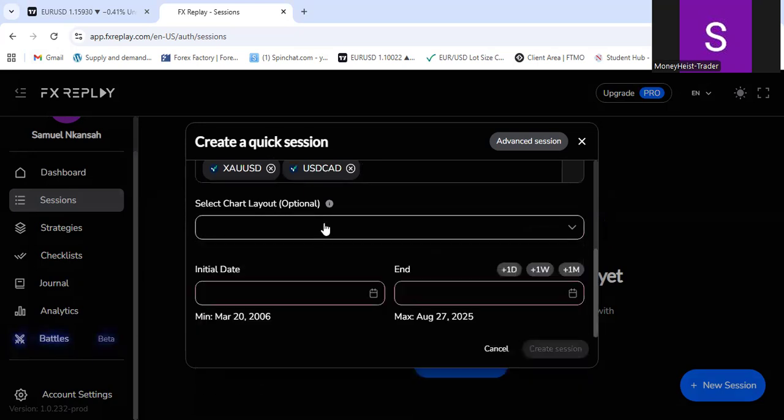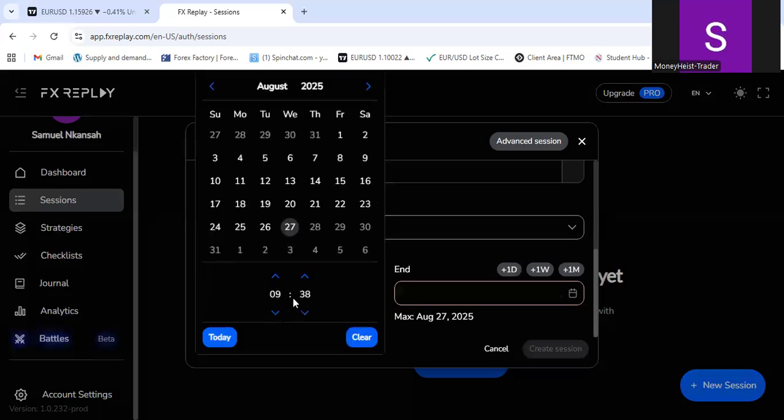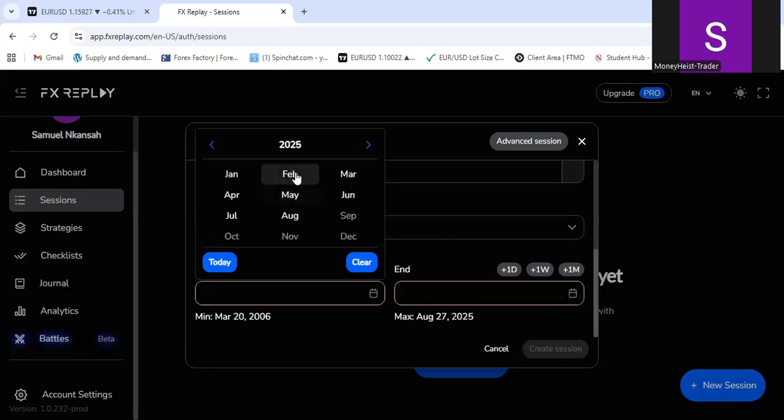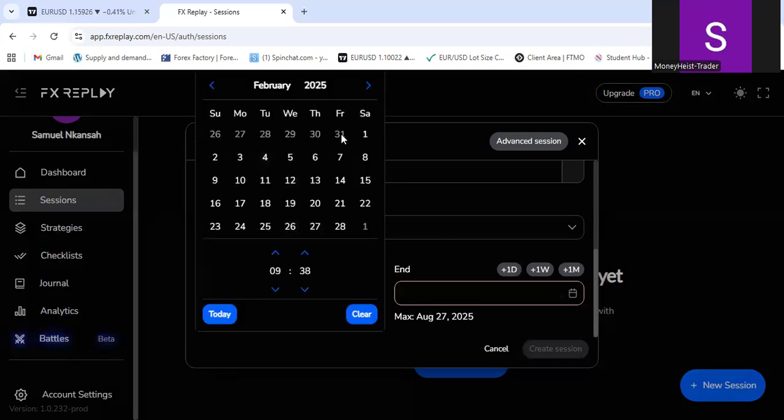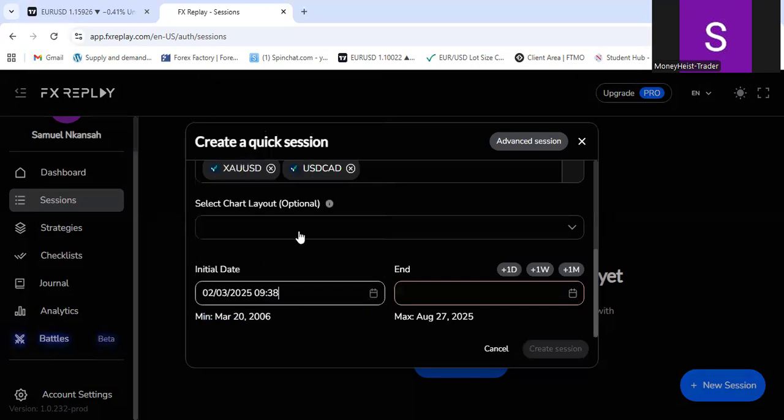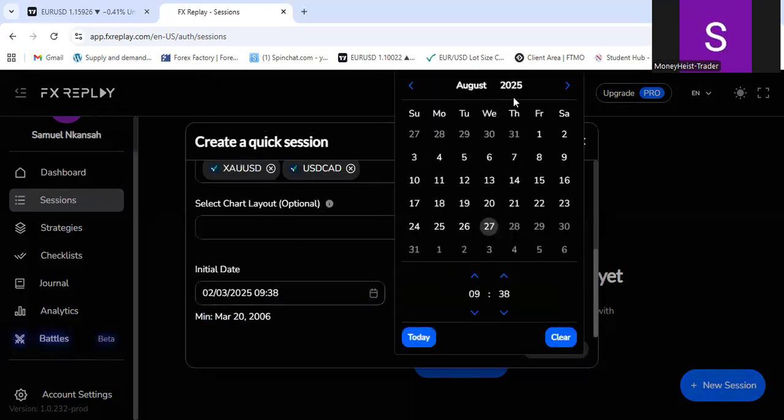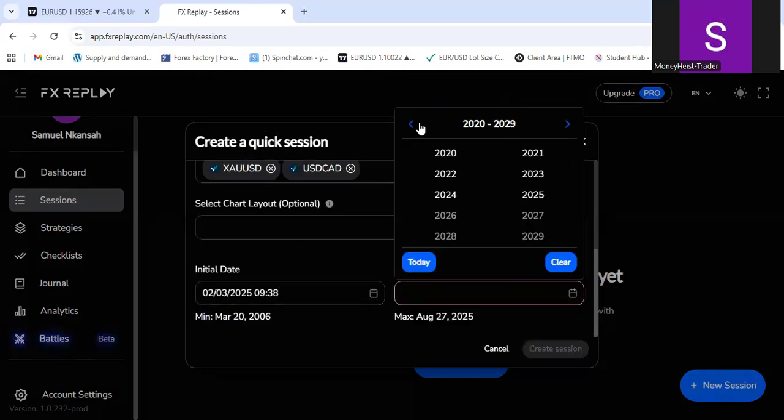Chart layout is basically where you can save a particular setting. We'll get into the chart, so for now, let's leave it like that. Now, initial date, so the month you want to backtest. Let's say that we want to backtest from February 3rd, 2025 to the end of